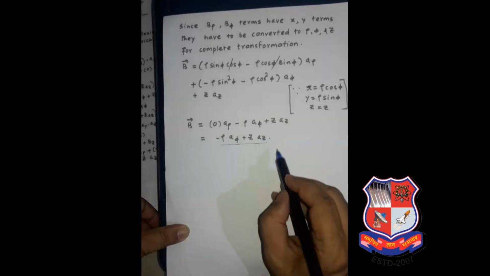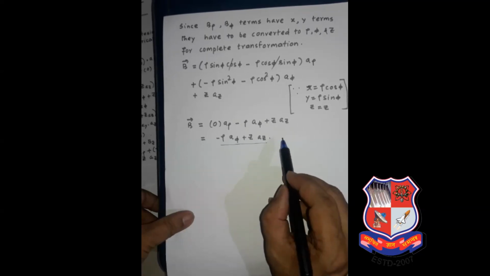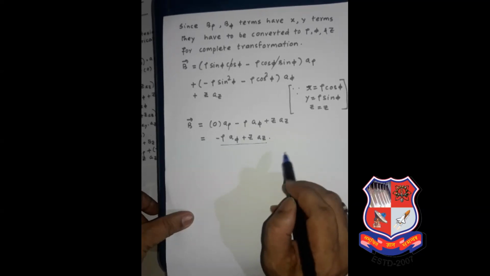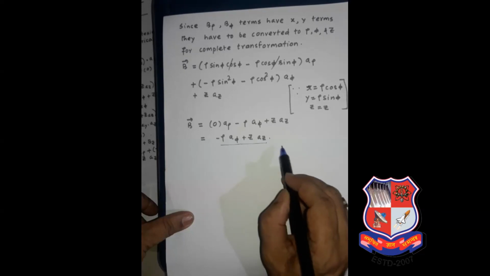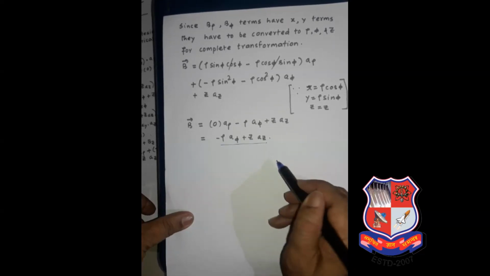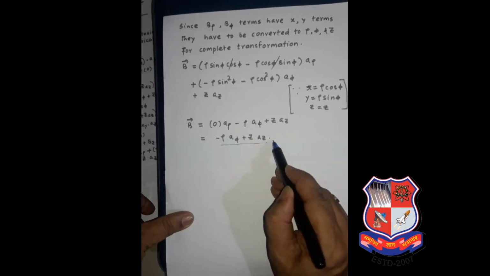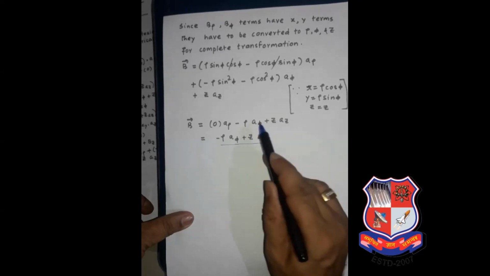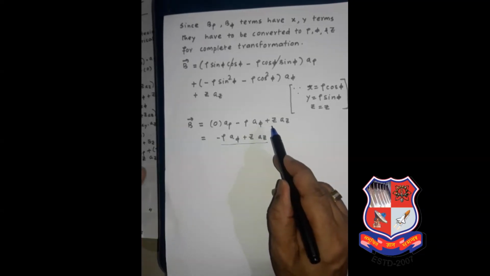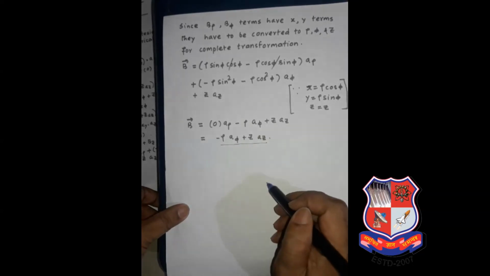So this completes the transformation. We learnt about the Cartesian coordinate system, what the cylindrical coordinate system is, and if a vector is given in Cartesian, how to convert it to cylindrical. In the same way, you can take this cylindrical system as an example: if you want to convert it to Cartesian, whatever the question given, that will be the answer for this.